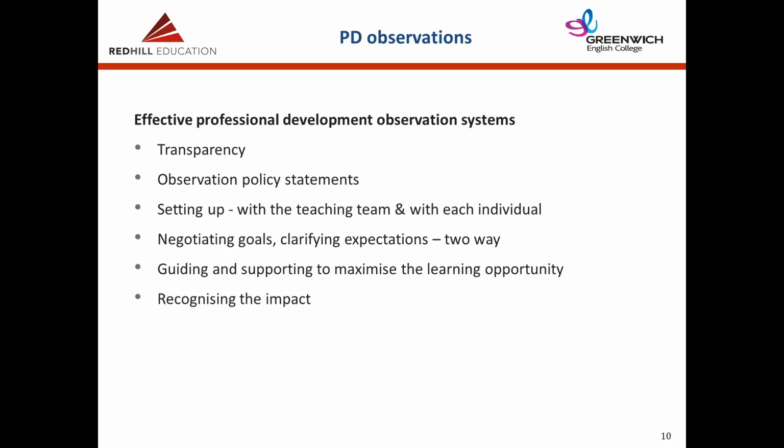I've kind of repeated this a few times already, but it's important to recognize the impact of the observation. It makes the teachers nervous. It makes the observer often feel nervous that what they're going to see isn't going to be very good, and they're going to have to then do something about it. It's also important, I think, to recognize the impact on the students and on the actual learning process that you're watching in the classroom. Anything observed is different than when it's not observed.